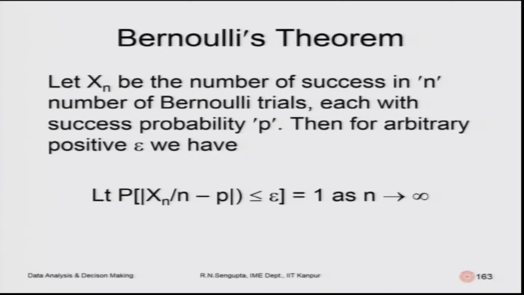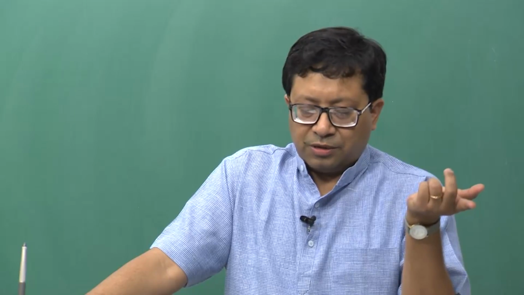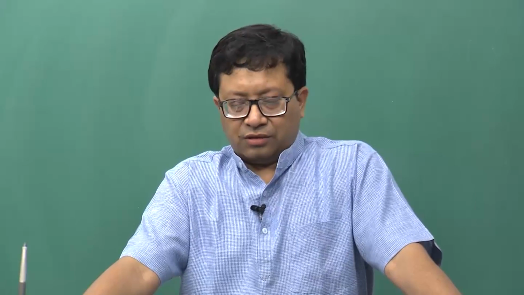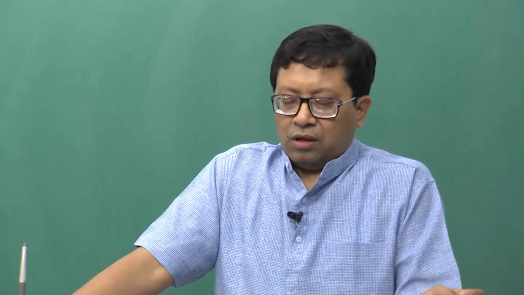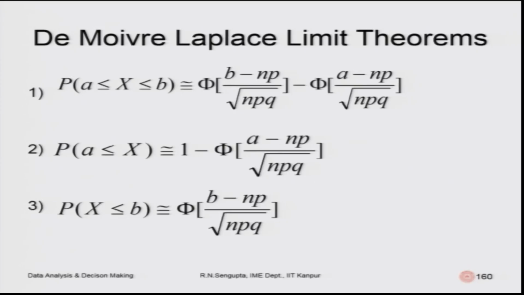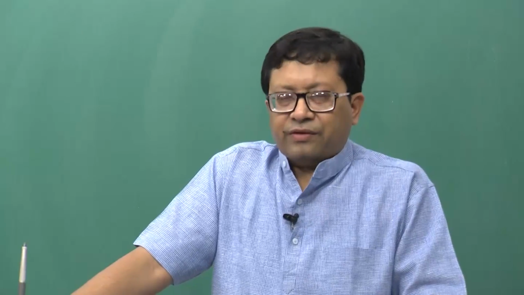Now, in that case, when we convert X into Z, it will be X minus mu divided by sigma. So, what is mu? Mu is the corresponding mean value of the binomial distribution, which is n p, and the variance is n p q. So, the square root of that will give me the standard deviation. So, it will be capital Phi of b minus n p divided by square root of n p q, and for the a case, because b is on the right hand side and I have to add up many more values to get to that, it will be a minus n p again divided by square root of n p q.